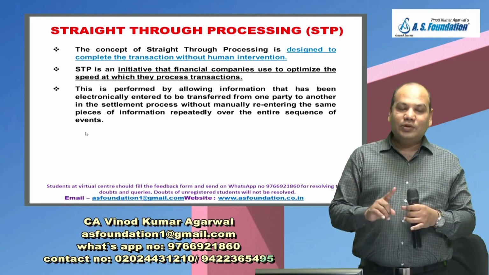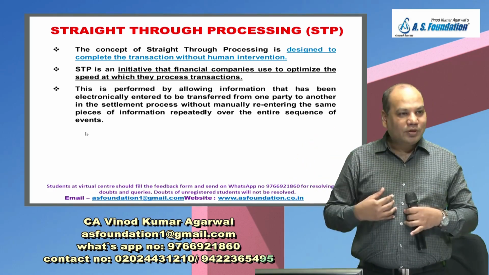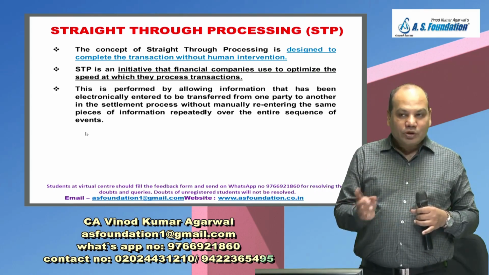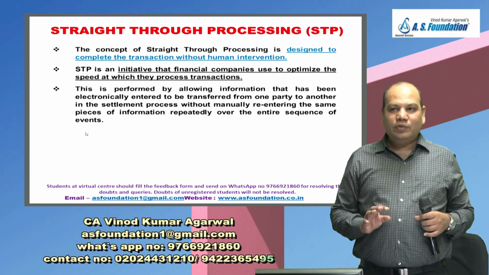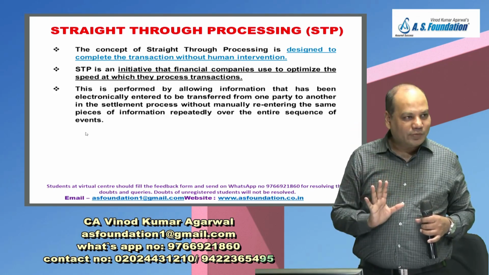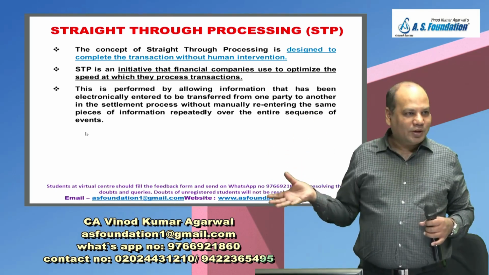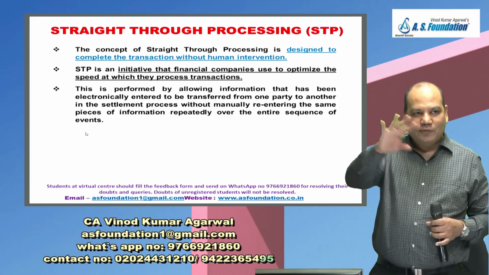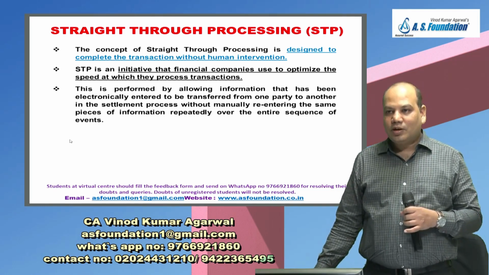After that, the seller, the courier company, Amazon, and the customer all get the same information. Is it right? There is no manual intervention at any stage. Only when the courier company receives the packet, he just puts a tick mark in the software that is given to him. So you get an acknowledgement that yes, my shipping has started. And when he delivers, he again puts a tick mark, dispatch. The same information goes to everybody. That is also STP, minimum human intervention.